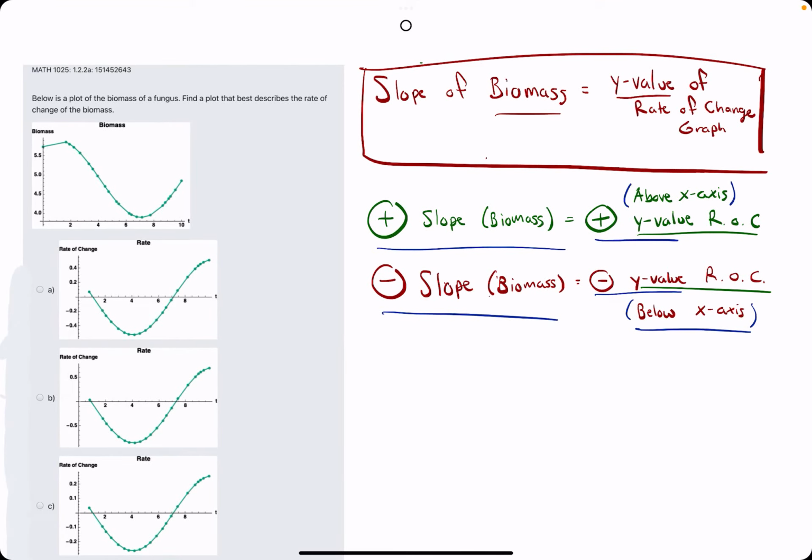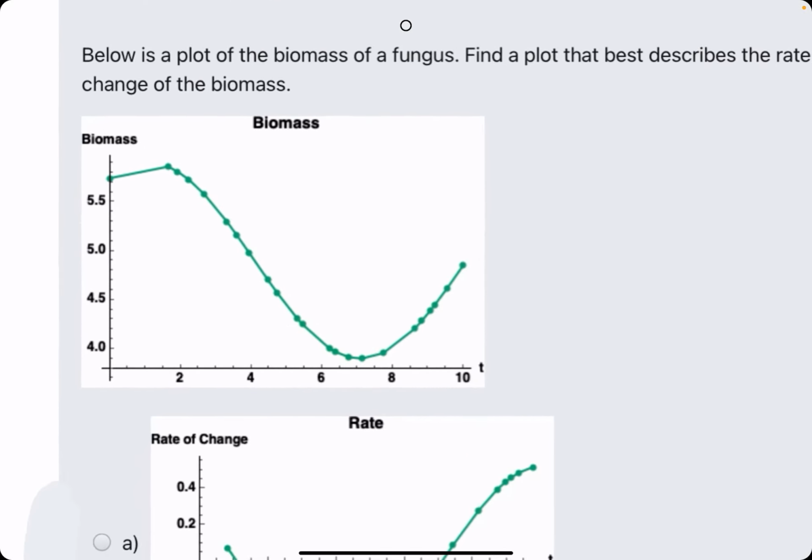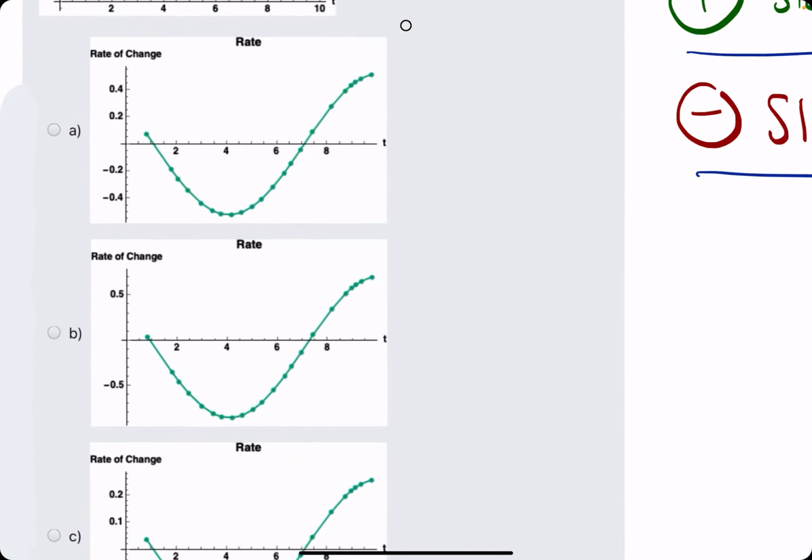Okie dokie. Second example for this problem, I will try to work it out a bit faster. If you'd like more of a breakdown, please visit the other example I've worked out. All right, so in this problem, we're given a graph of biomass, and the goal is to identify its rate